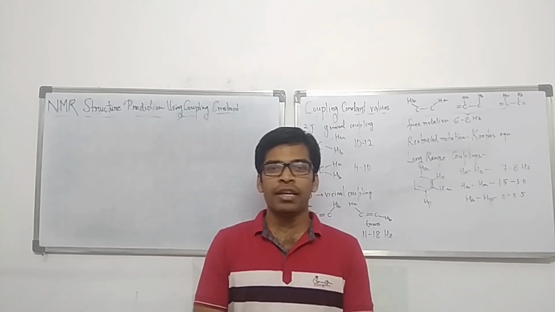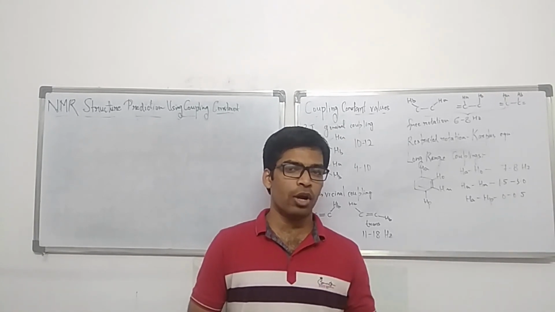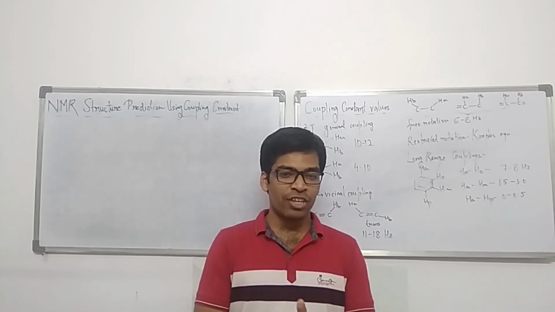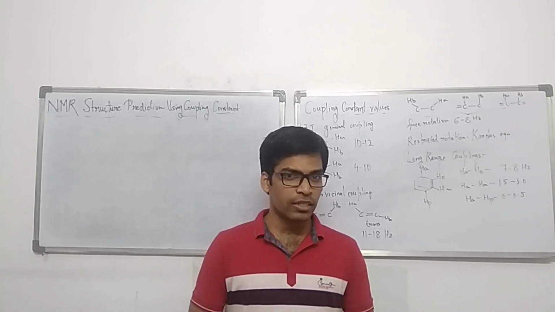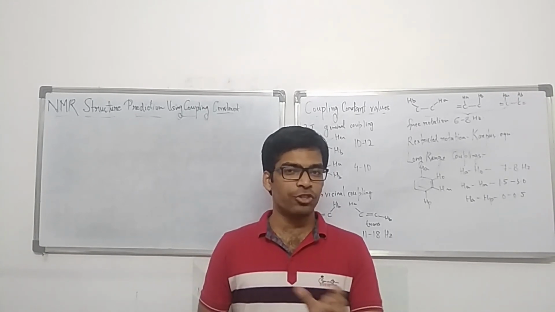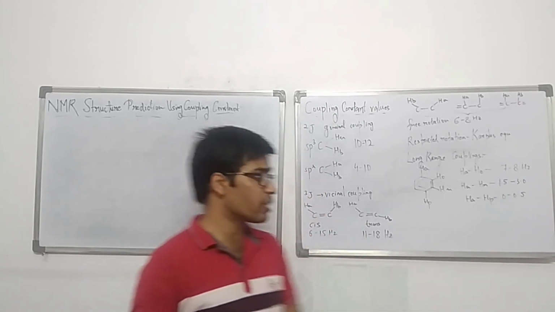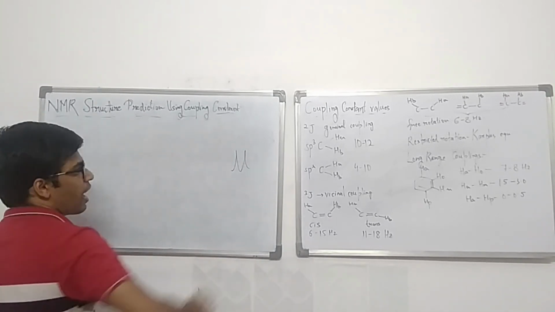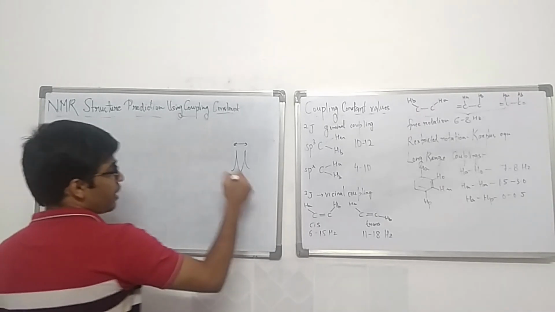Now the splitting of any NMR signal occurs because of its interaction between an NMR-active nucleus and the neighboring atom of a different type. That means because of the interaction there is a coupling occurring with the neighboring proton, because of which the splitting is occurring. So coupling constant actually gives you the separation between the peaks of a multiplet. Say for example you have a doublet and the separation between the two peaks in hertz.